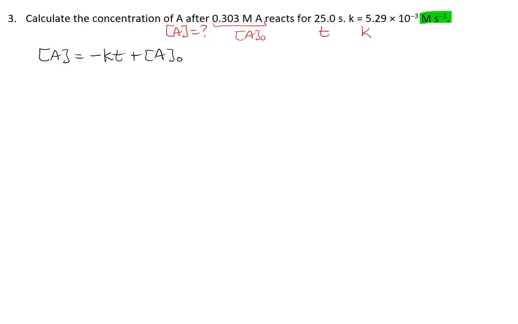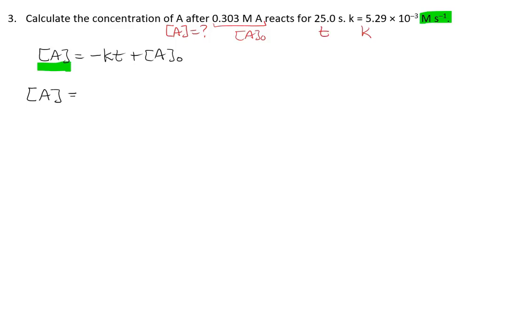In this case, we are solving for A, which is right here, and our equation is already set up for us to do that calculation directly. So we don't need to rearrange it. Again, I caution you, be careful as you enter the values in, because mathematically it's pretty simple, but it's keeping track of the sig figs and the units that tends to be just a little bit tricky.